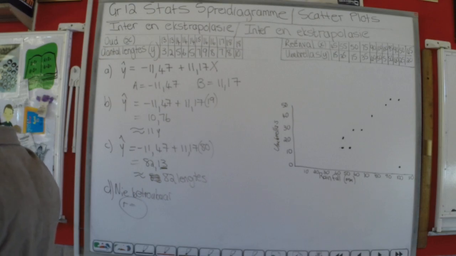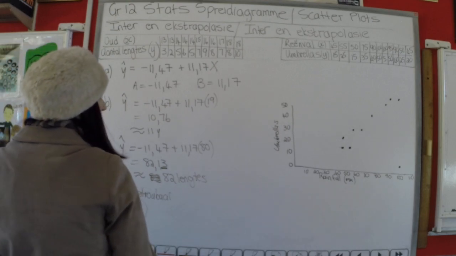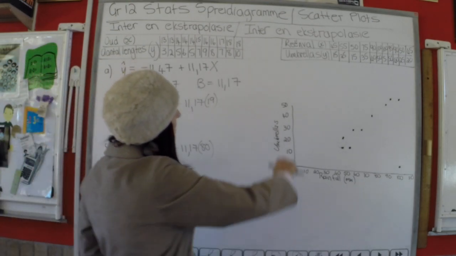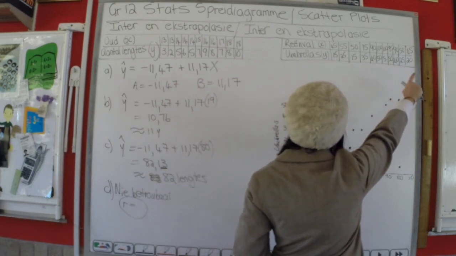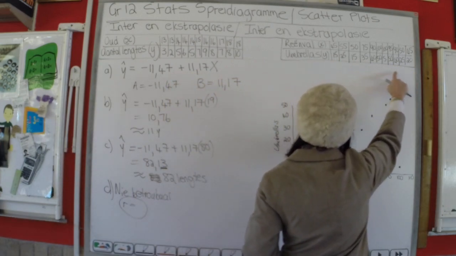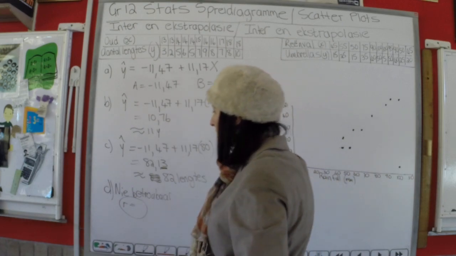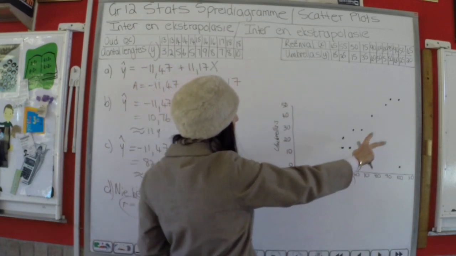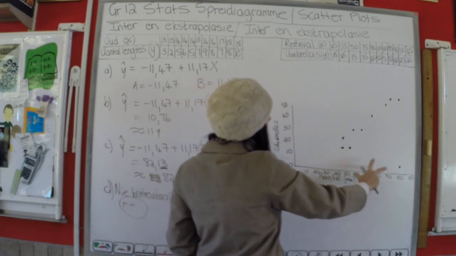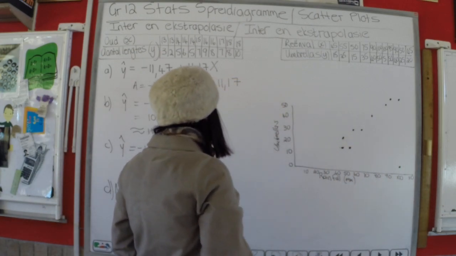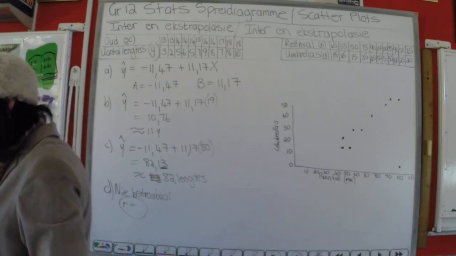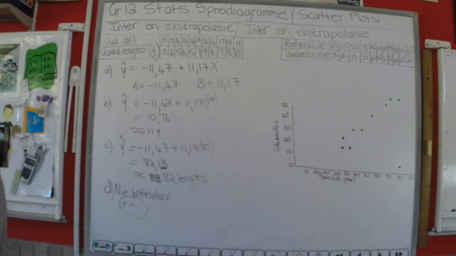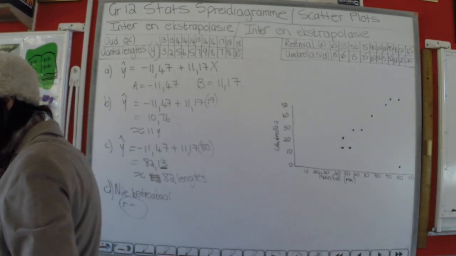The next example is the rainfall and umbrella sales. So ons gaan kyk na ons reënval oor 'n sekere tydperk en hierdie is ons verkope van sambrele. So wanneer ons nou 'n spreidiagram daarvan gaan teken, dan lyk ons spreidiagram so. Okay. Eerste vraag wat hulle vra, determine die vergelyking van die kleinste kwadrate